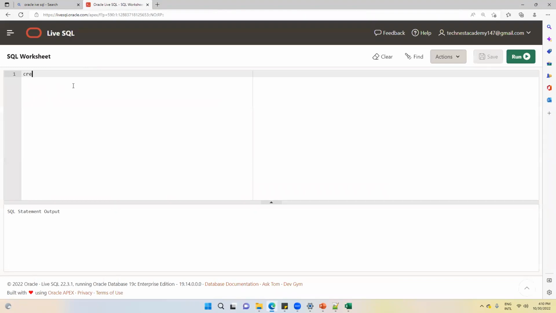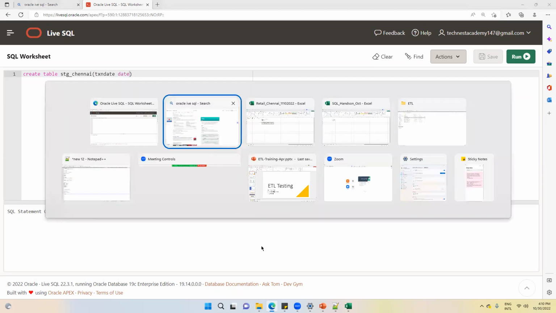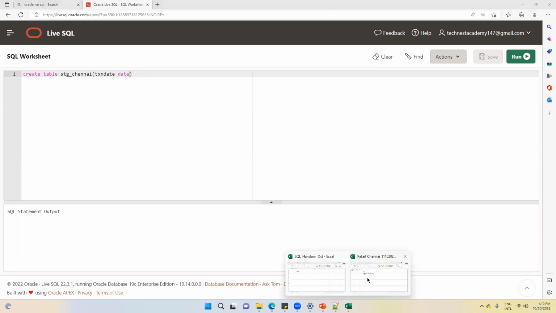One minute. Suppose I have created this table: create table stage underscore Chennai. In this, I have the columns transaction rate, sales, profit, tax, loss.